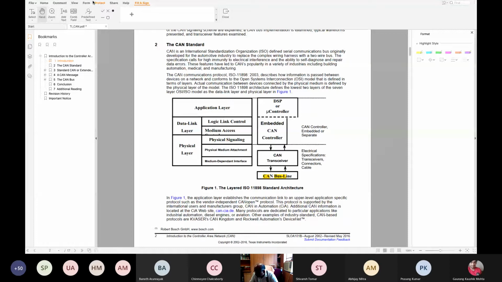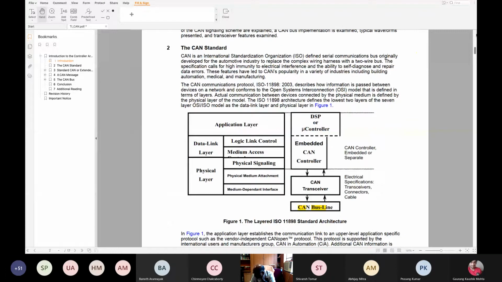So this is the CAN controller, then the DSP. Then there are lots of other things like the application layer. There is a data link layer and there is a physical layer. So this is how CAN operates. The application which you are doing, for example, it is mostly in automotive applications that CAN is used. So it has a few layers. For example, the application protocol runs on the DSP or microcontroller, like ECUs, we call them ECUs, electronic control units.